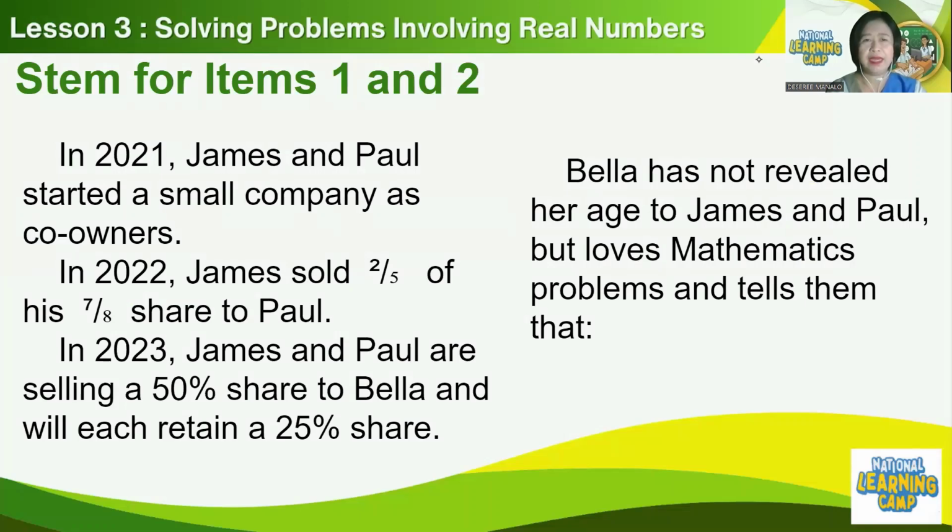STEM for items 1 and 2. In 2021, James and Paul started a small company as co-owners. In 2022, James sold 2/5 of his 7/8 share to Paul. In 2023, James and Paul are selling a 50% share to Belia and will each retain a 25% share. Belia has not revealed her age to James and Paul, but loves mathematics problems and tells them that